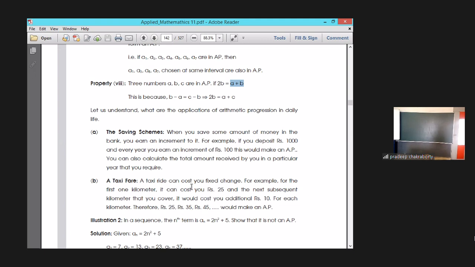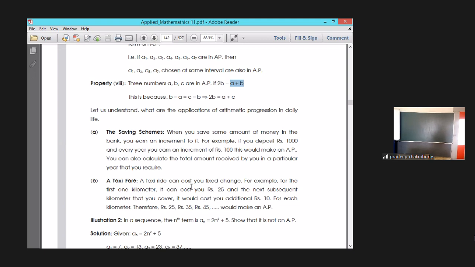So directly you cannot calculate that if my initial deposit was 1,000 and every year it is increased by 10% or 8% or 6%, then what would be my amount after 10 years? That type of thing you cannot calculate with the help of AP. For that you need a formula known as compound interest. Already you have studied it in your lower classes, so with that formula only we have to calculate that part.